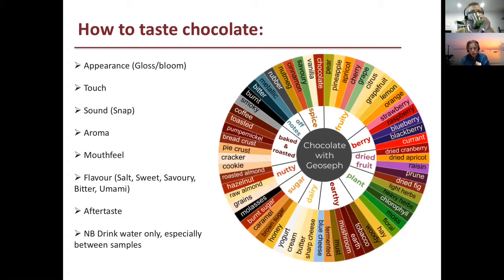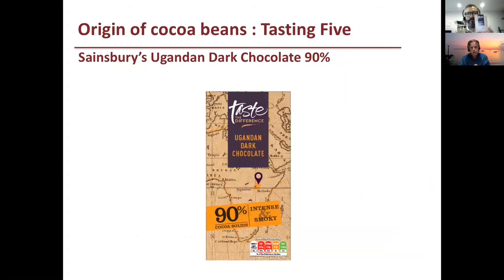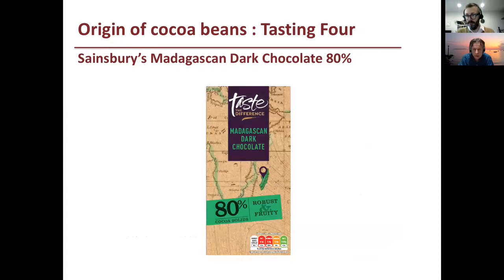And then the final chocolate of our 5 today is a 90% from Uganda. So we are getting towards the top end of what it's possible to do now. I mentioned earlier, you can do 100% cocoa, but then you're not really in the chocolate world. So 90% is about as far as most people go. Check the snap. Oh yes, and a good gloss as well. And a lovely smell. Have a look at our list.